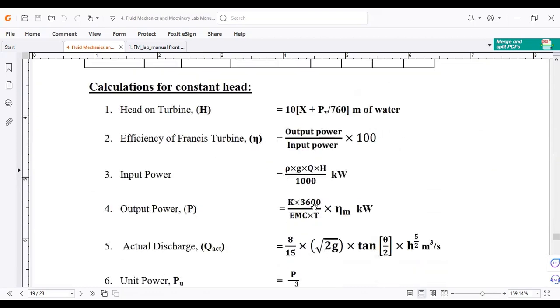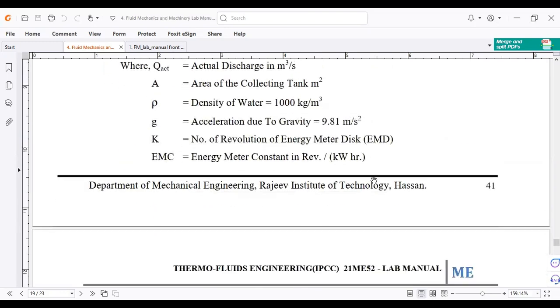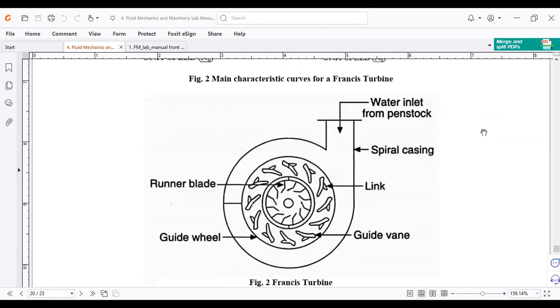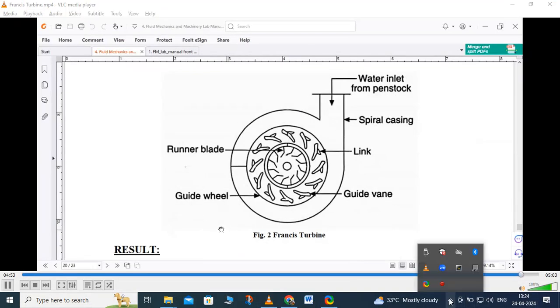Next, for the constant head, to calculate the unit power, we are going to use these equations. And this is the calculation part for the Francis turbine. The characteristic curves should be obtained after the calculation, by plotting the graph. All those things we explained during the experiment. The Francis turbine, the guide vanes, the runner, as well as the spiral casing, everything is we